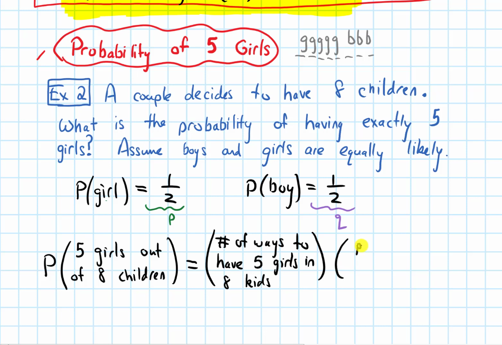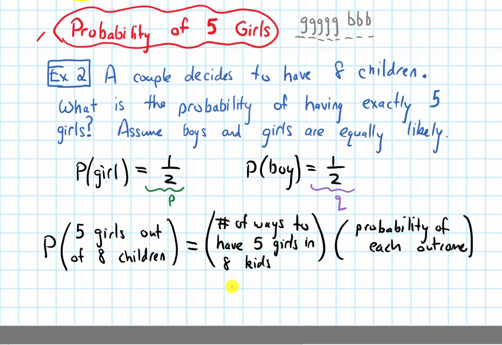So we will now multiply by the probability of each outcome. I'm a little low on room here, so I'll write it down, but then I'll move it up to the top of the page. The number of ways to have 5 girls in 8 kids is the number of ways, imagining we have these 8 slots, to choose 5 of them to put girls in. And that is going to be 8 choose